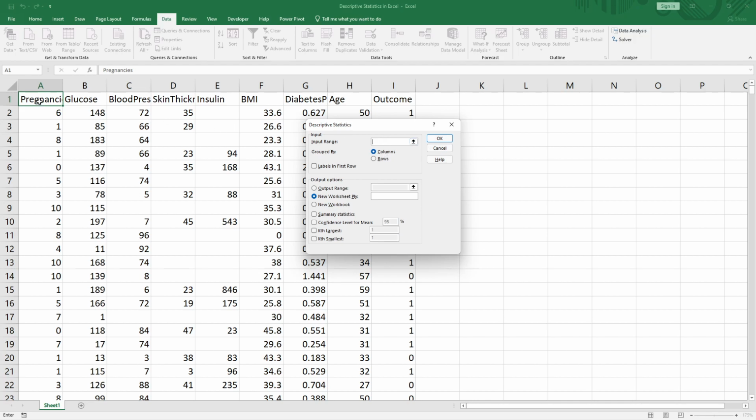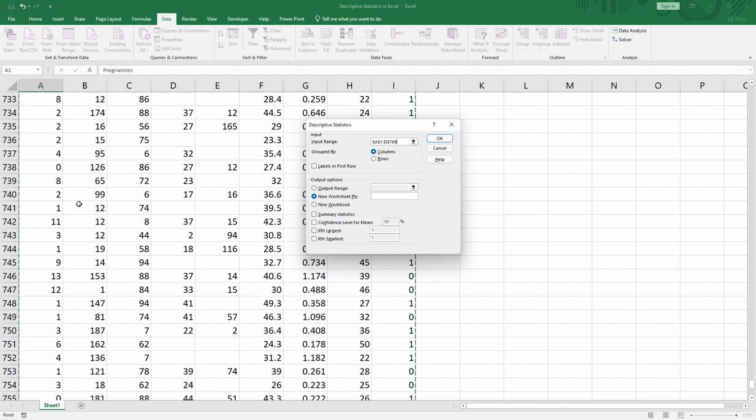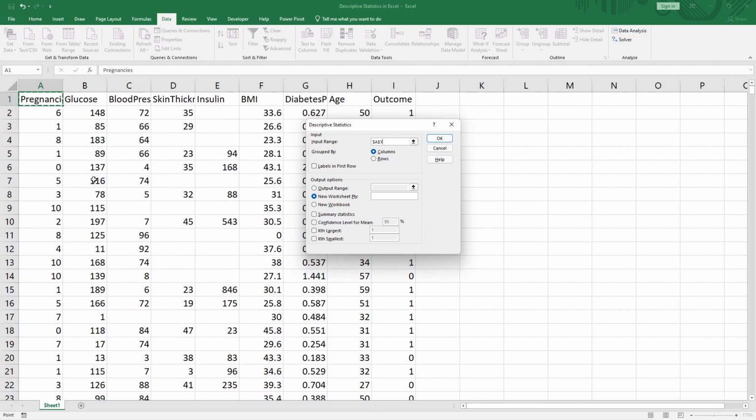So my data is grouped in columns and I'll give it an input range. I'll click on the first cell here and do Control Shift 8, and this doesn't work in this particular case, so I'll do a right arrow and the down arrow. And then it selects the complete table. If I want to show it again, I'll do Control and up, and this goes to the first cell.